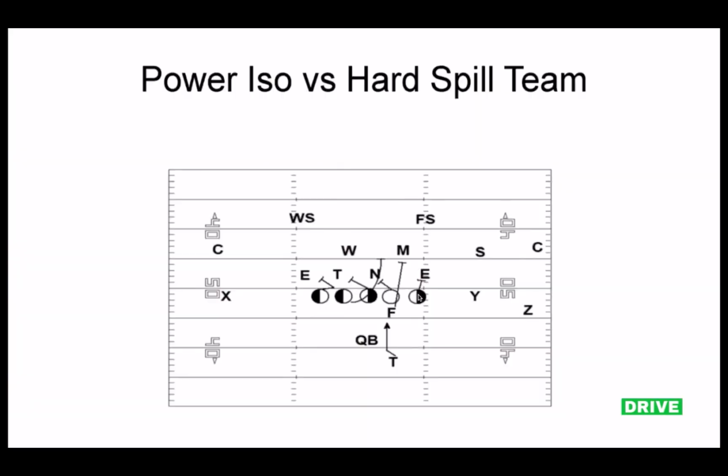Well, let's give him a new look. Let's block him with the tackle. Let's go down on the nose, back on the 3, and then he's wrapping for the backside backer. And we're ISOing the front side backer. All right, so it's just power ISO versus an even front.